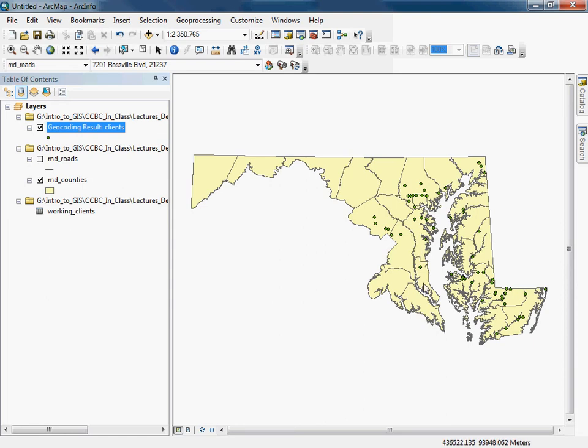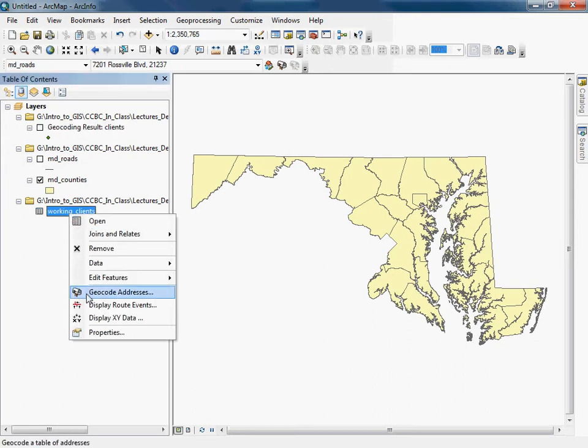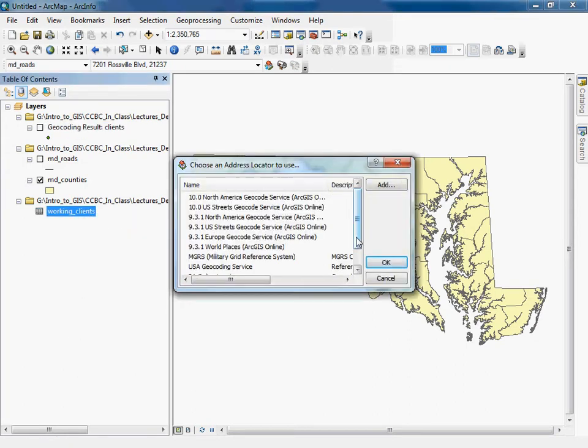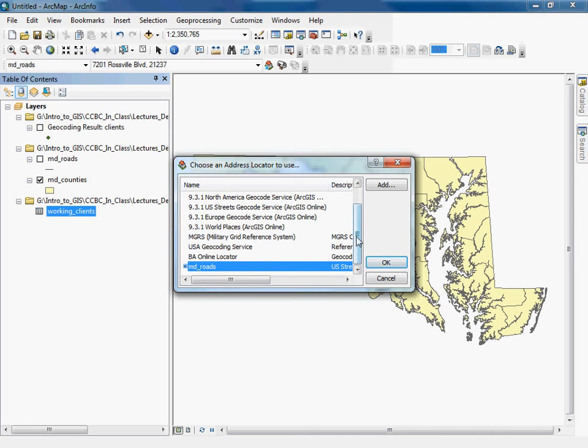And so to show you a couple different things here, I'm just going to go ahead and turn off geocoding result clients. And so again, geocoding result clients, this layer that I just turned off, I'll turn back on here really quick, are the ones that I geocoded using the Maryland roads, the MD roads locator, and that reference data. So I can come in here and I can geocode that layer once again,